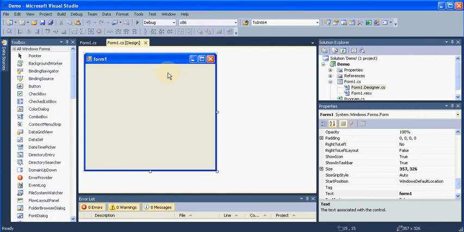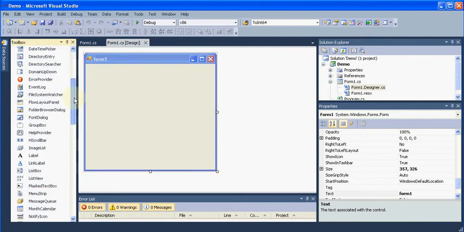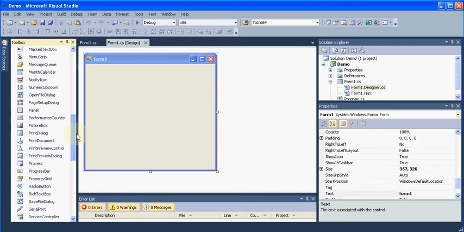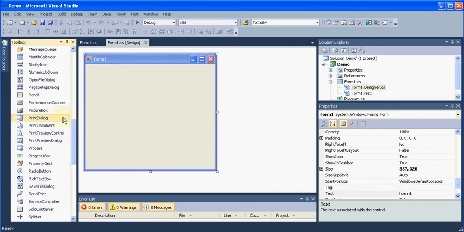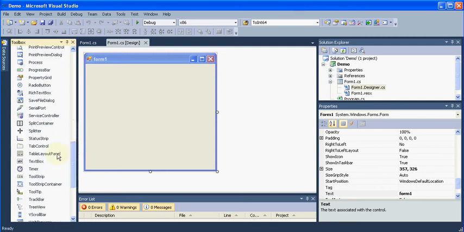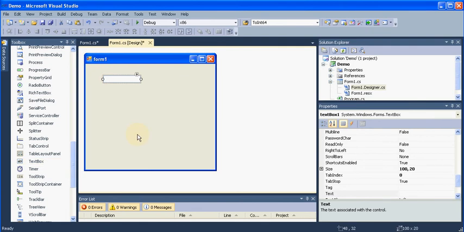I will be explaining how to create your own calculator. So to begin with, to create a calculator, first of all we need to add one text box to our form in which the user can insert their number on which they want to perform any operation. So for that we'll again go back to our toolbox. We'll take our text box and drag and drop it on our form.